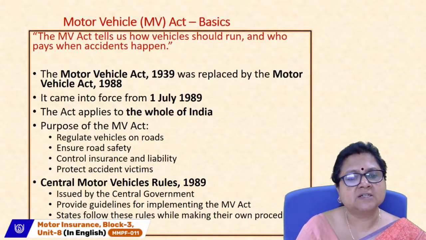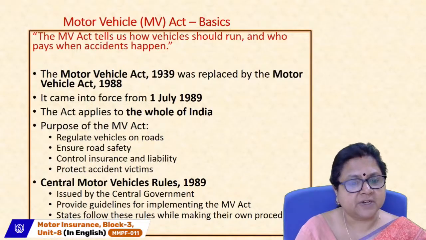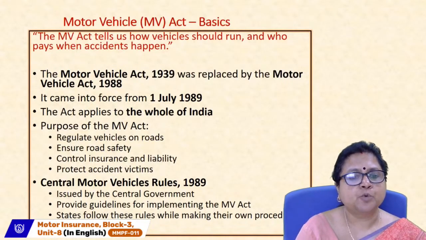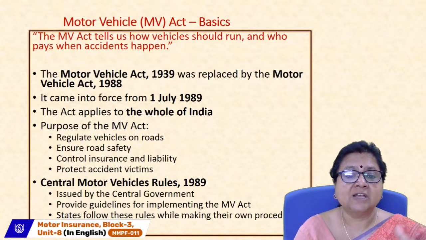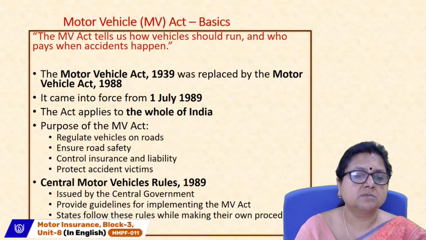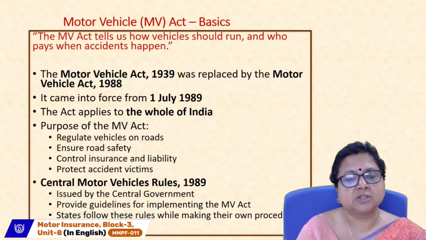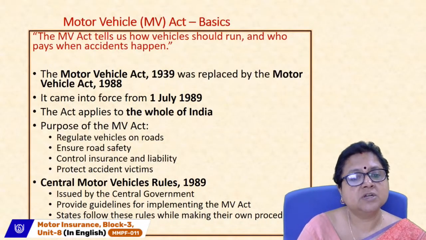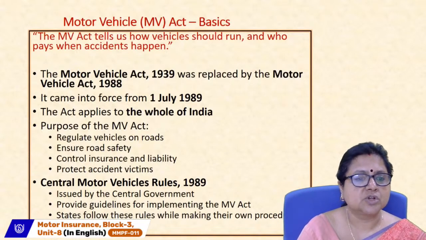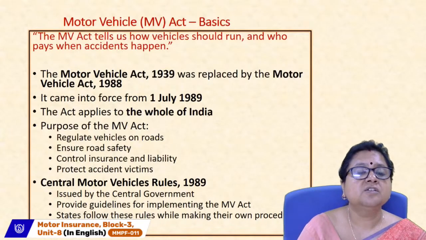The purpose of this Motor Vehicle Act is to regulate vehicles on roads, ensure road safety, control insurance and liability, and protect the accident victims. You might have seen on highways the particular speed limit is written. That is again coming under this Motor Vehicle Act. Every vehicle has to abide by the speed limit mentioned on the roads. All those things are only to safeguard and ensure that road safety is maintained, and there are fewer or negligible accidents on the road. That is why the act specifically lays down all the aspects which are related to a vehicle while riding